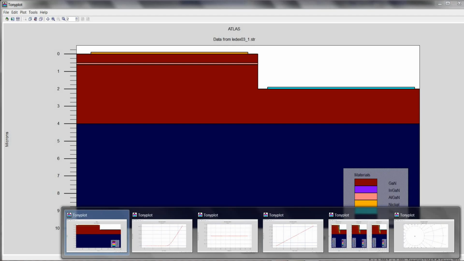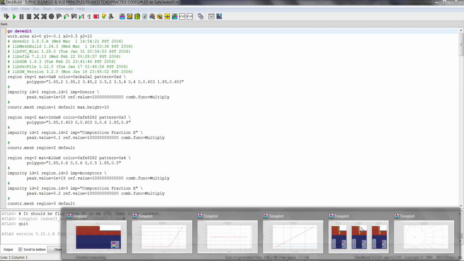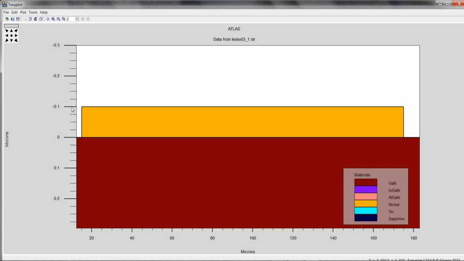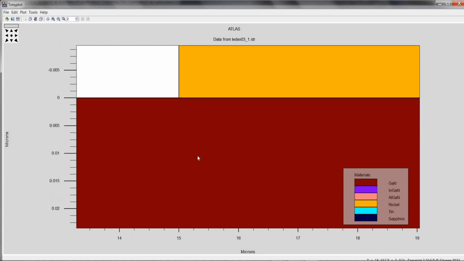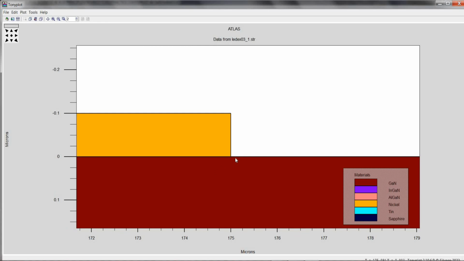So from this layer structure diagram, we see that for the contacts, the p-type contact is running from -0.1 to 0 in the y direction, so it has a thickness of 100 nanometers, and in the x direction it's running from around 15 micrometers to 175 micrometers. Similarly, the n-type contact